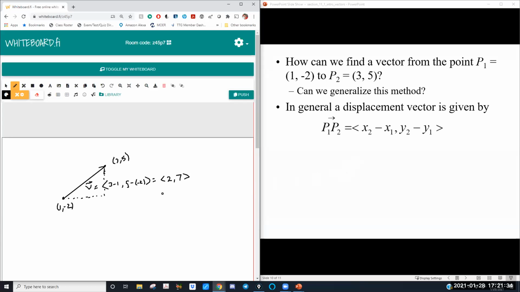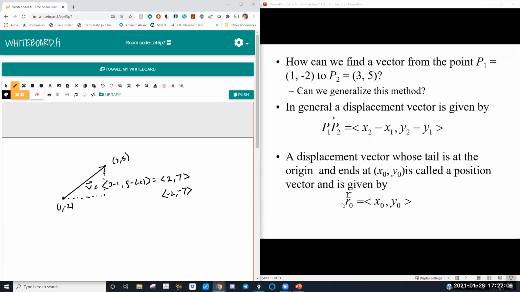If I did it the other way, you know, if I did this, the points here minus these points, I would have gotten -2, -7, which is almost the same vector, except it points in the opposite direction. 180 degrees opposite direction. Guys, this expands into 3D. We are going to be finding points very soon between 2 and 3, vectors pretty soon between 2 and 3 points. So we do need to be aware of that.